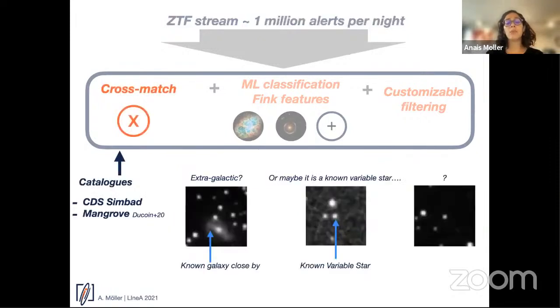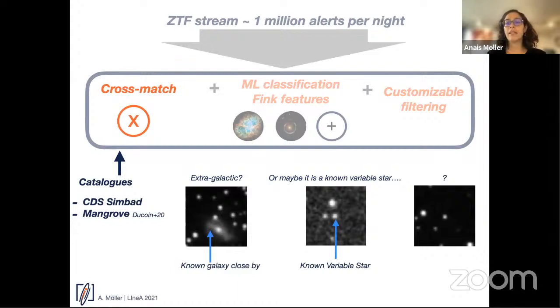Basically what we did was our traditional cross-match. We're using the CDS SIMBAD cross-match service. You search for the coordinate, for example, here in the middle of the image, you can see an event. I'm going to try to draw this event here. What we try to find is whether there is an object close by, like a known galaxy in this catalog, or maybe it's a variable star that is already cataloged, so that's not a kilonova candidate, or maybe you don't have anything in any catalog. So this could be something interesting.